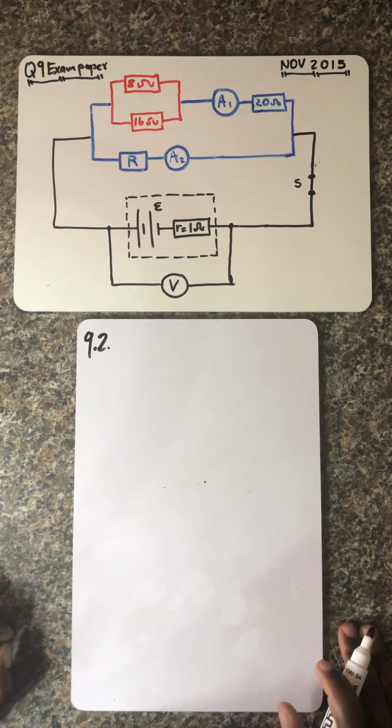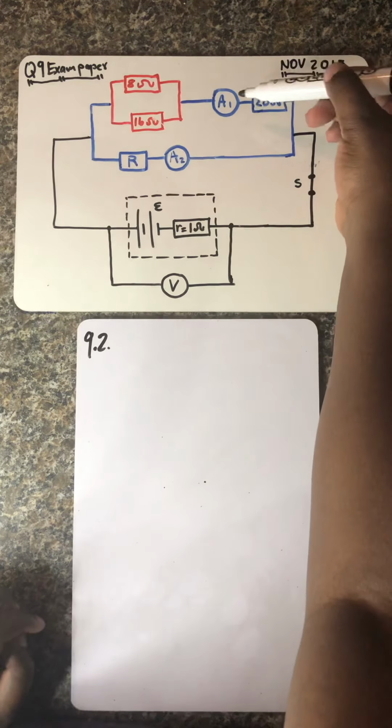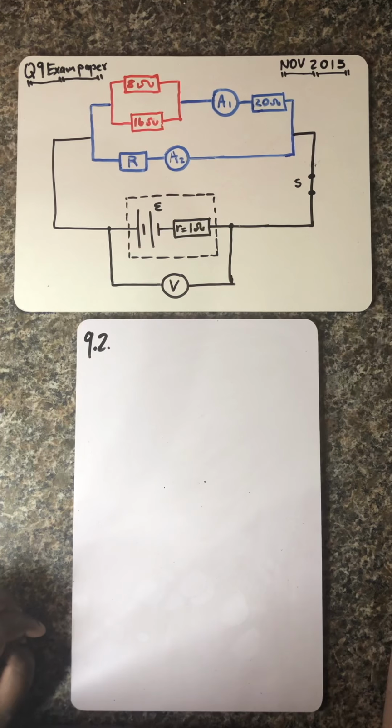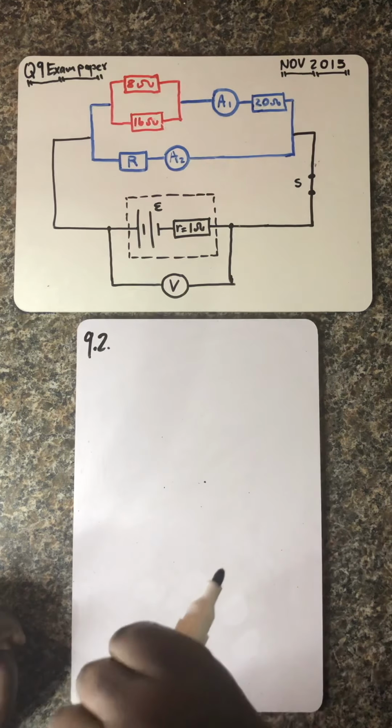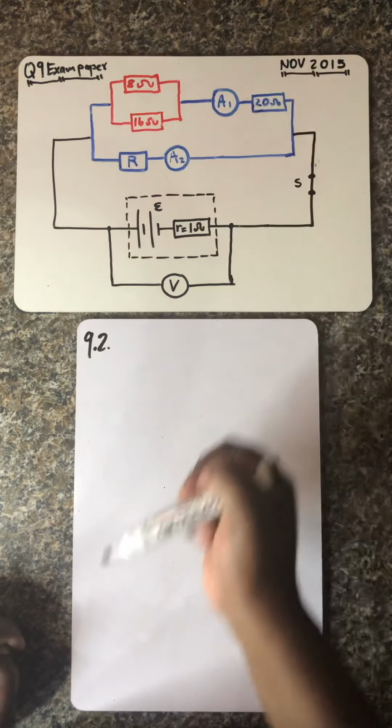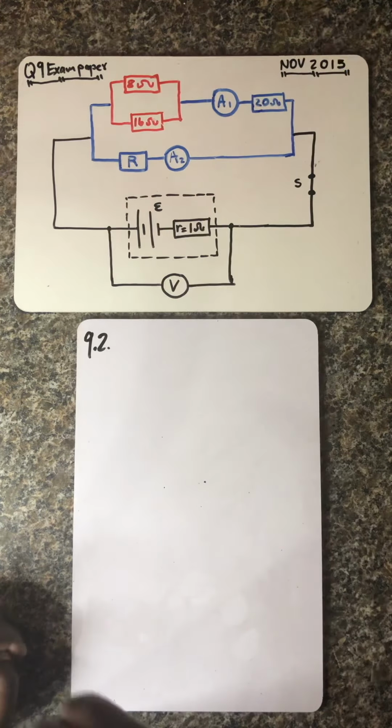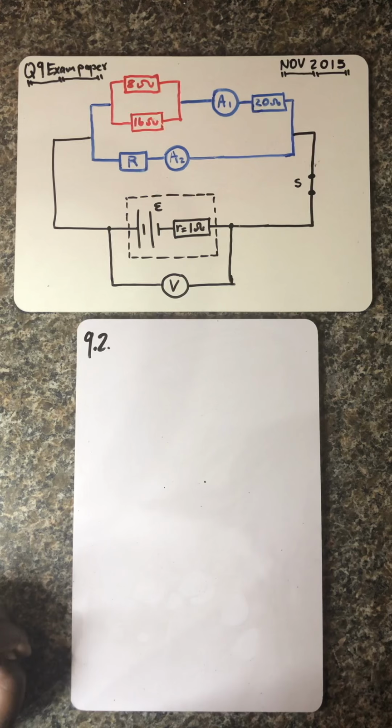So now the question says calculate the reading on ammeter 1. Where's ammeter 1? There, it's ammeter 1. What does an ammeter read? An ammeter reads the current, okay? So they don't have to say calculate the current. They just say calculate the reading on ammeter 1. Then you know you've got 2 ammeters. Where's ammeter 1? There's ammeter 1. What does an ammeter read? Then it reads the current flowing there, okay? So ladies and gentlemen, very much important, okay? You should know